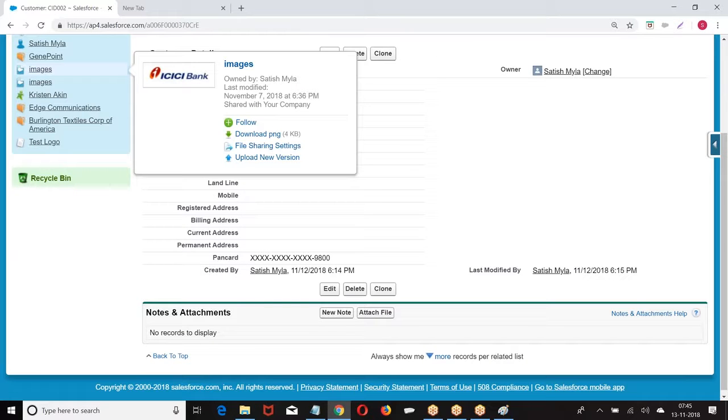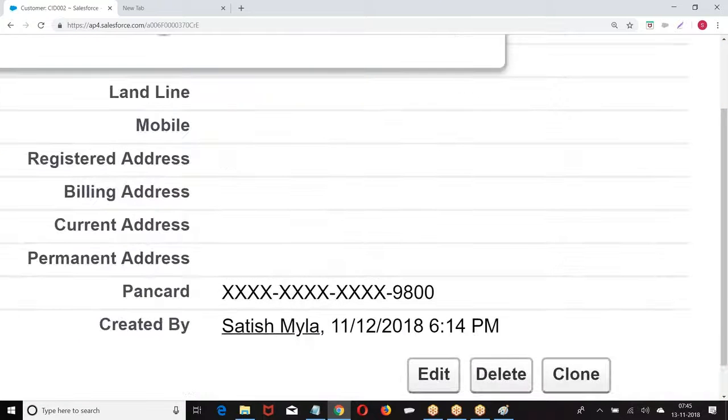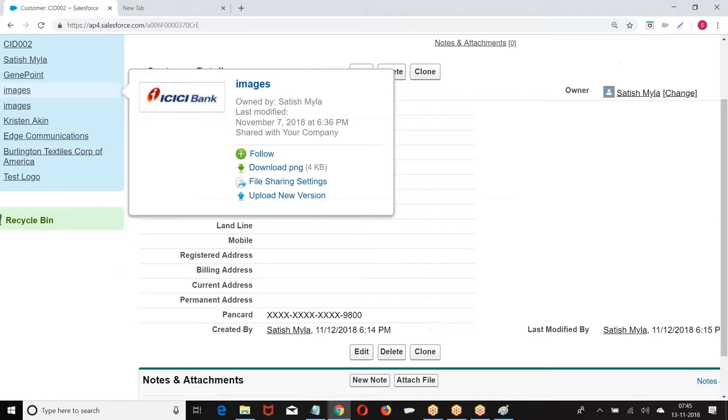So who will be able to see this data? Nobody, unless you give this permission. If I want to show this data in original format, there is a permission called view encrypted data. Whichever user has the permission called view encrypted data will be able to see the data in original format. Only those people who have the view encrypted data permission enabled can see the data in original format. I hope you are good.